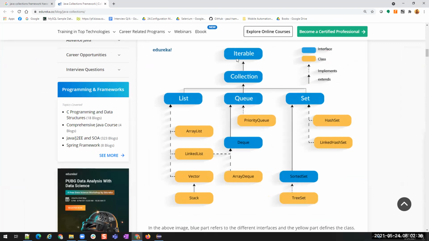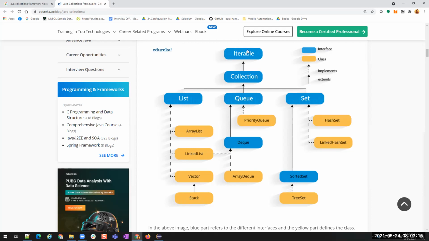So what do we have? There is an iterable interface and there is a collection interface. And this collection interface has three sub-interfaces. They are list, queue, and set. Okay. See, an interface is nothing but a kind of index. We are going to learn this in the inheritance concept and interface concept, which we are going to have in object-oriented programming. For now, you just assume that this is also a class, but without any method implementations. So in this also we'll have methods, but it doesn't have any code implementations. It will just mention the names.